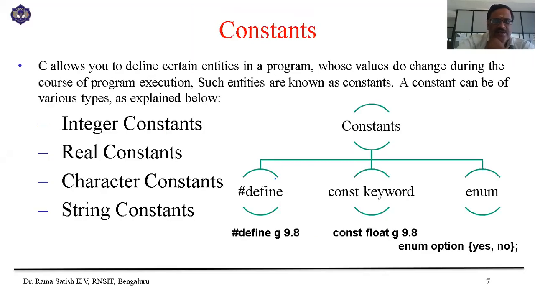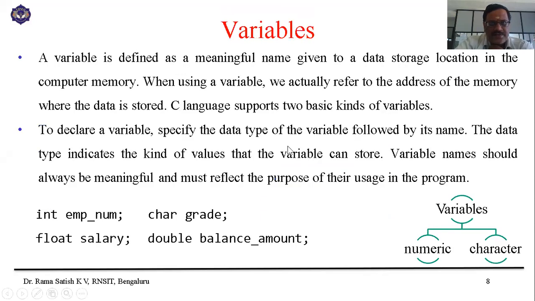And we also discussed what is a constant and the different types of constants, how to create constants, the 3 ways of creating a constant, and an example for each one. So we discussed all these 3, and now in today's class we'll talk about